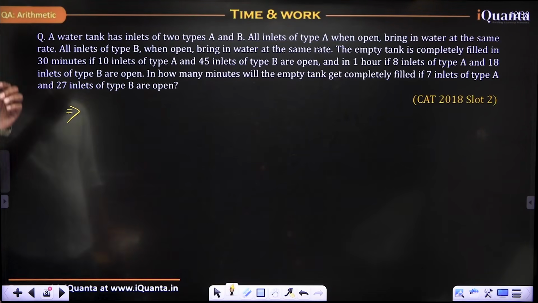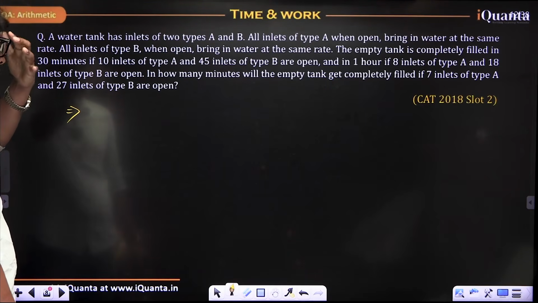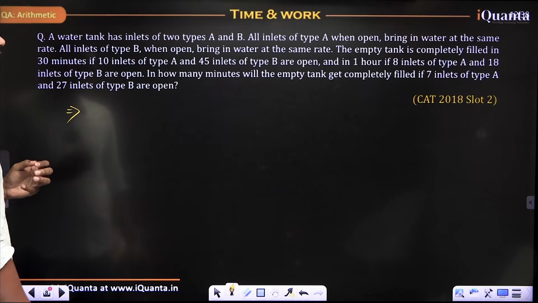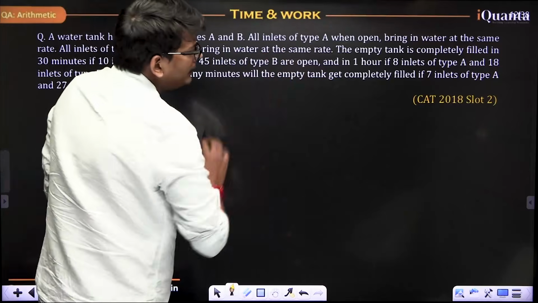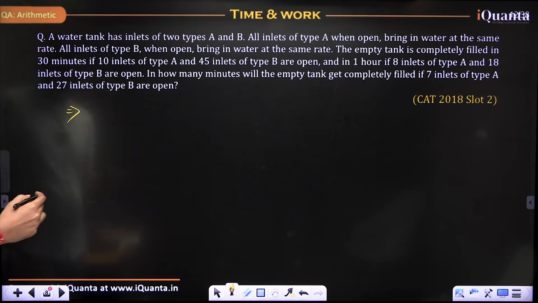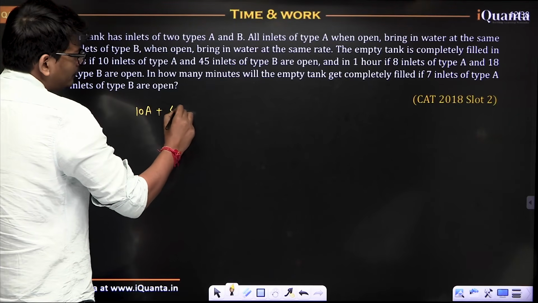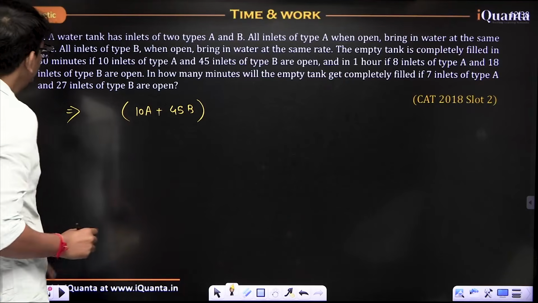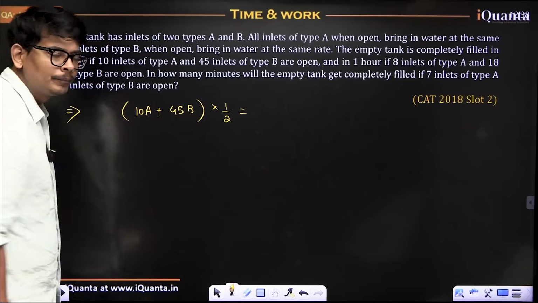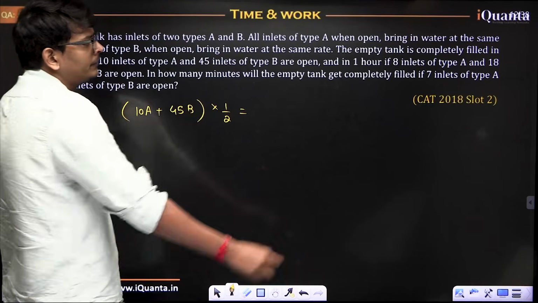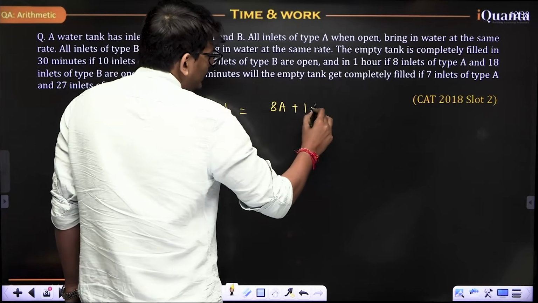Next, guys. A water tank has inlets of 2 types, A and B. All inlets of type A when open bring in water at the same rate. The empty tank is completely filled in 30 minutes if 10 inlets of type A and 45 inlets of type B are open and they work for 30 minutes. 30 minutes I can say 1 by 2, half hour. And in 1 hour, if 8 inlets of type A and 18 of type B